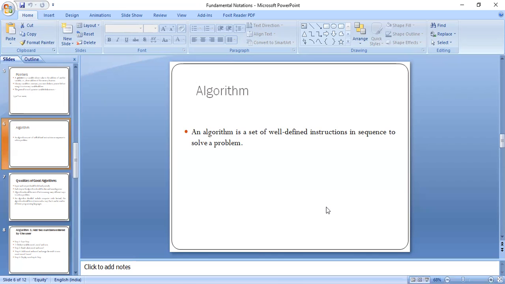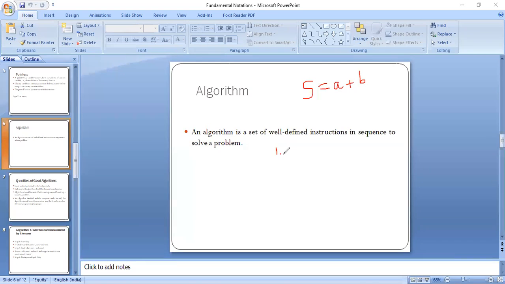So when we have a certain problem, simply let's say I want to add two numbers, the sum of A and B. This is the problem that I want to solve. So what will be the algorithm? It is well-defined instructions in a sequence. So how can we sequence them?